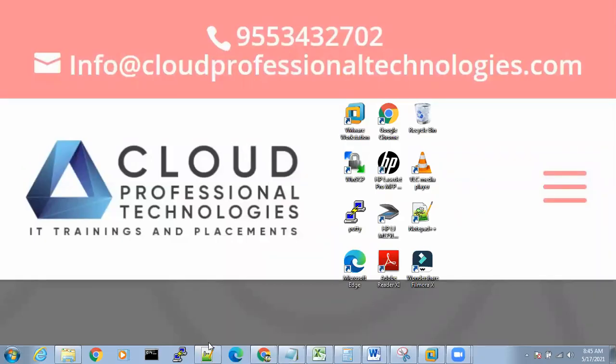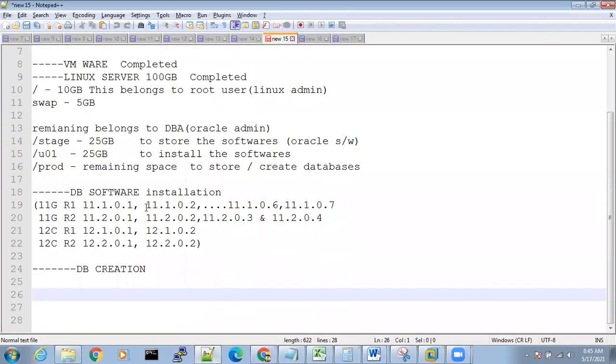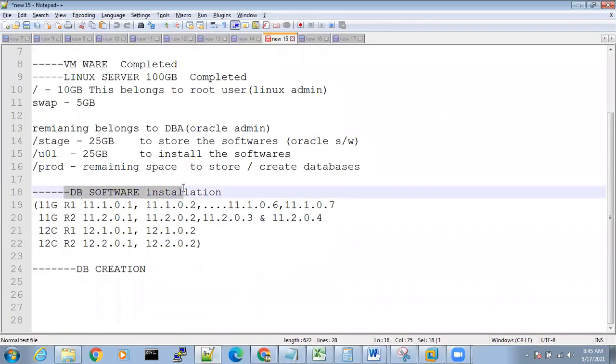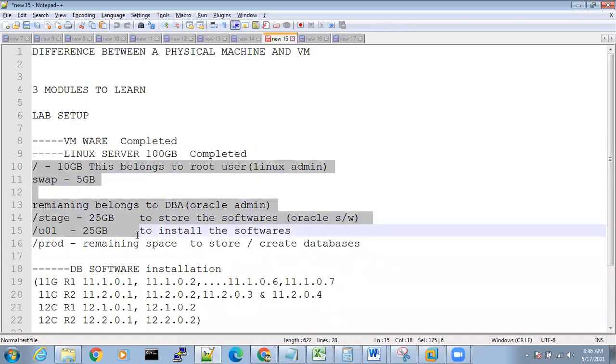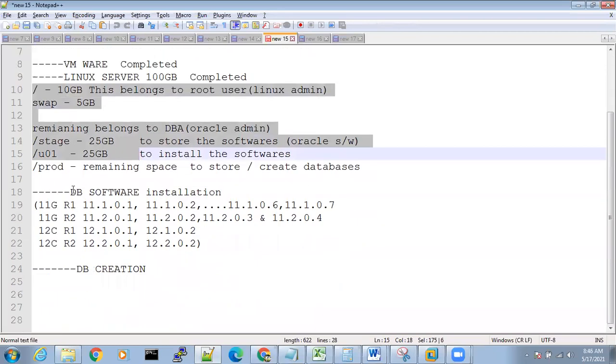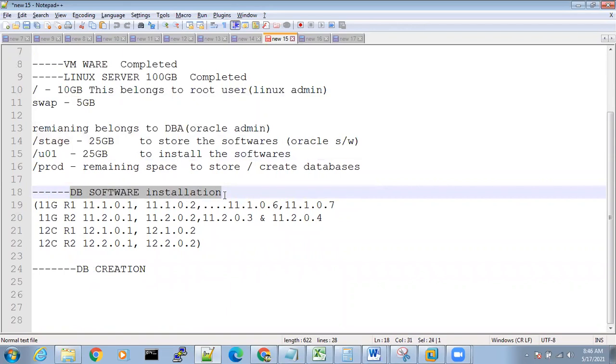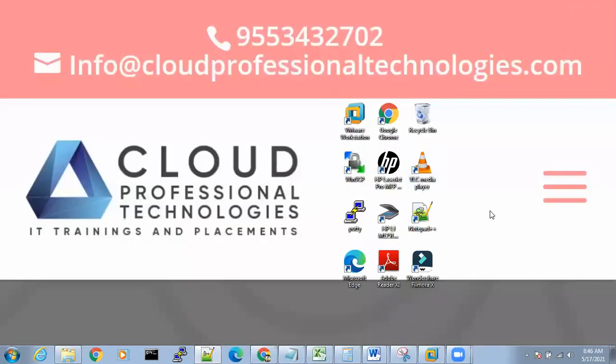Let's start the database creation session today. Till yesterday, we have completed database software installation. As a quick recap, we have completed VMware installation, Linux server installation along with the partition, and then database software installation. So today we will start working on database creation, and we will try to create a database,